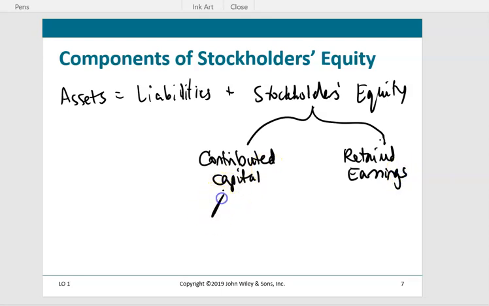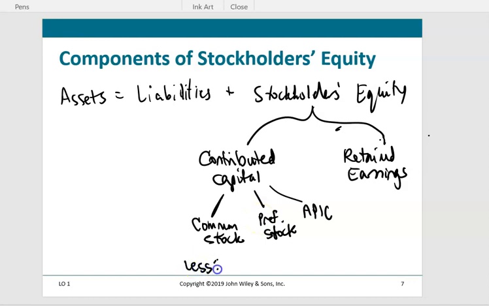Contributed capital is oftentimes simply common stock. But the company may also issue preferred stock as an additional type. We often see an additional paid-in capital account that's tracked. We'll see more about that in this video. Additional paid-in capital is the amount that the stockholders pay in above par value of the common or preferred stock. And if a company issues stock and then buys that stock back out of the hands of the existing investors, we call that treasury stock, so less any treasury stock.